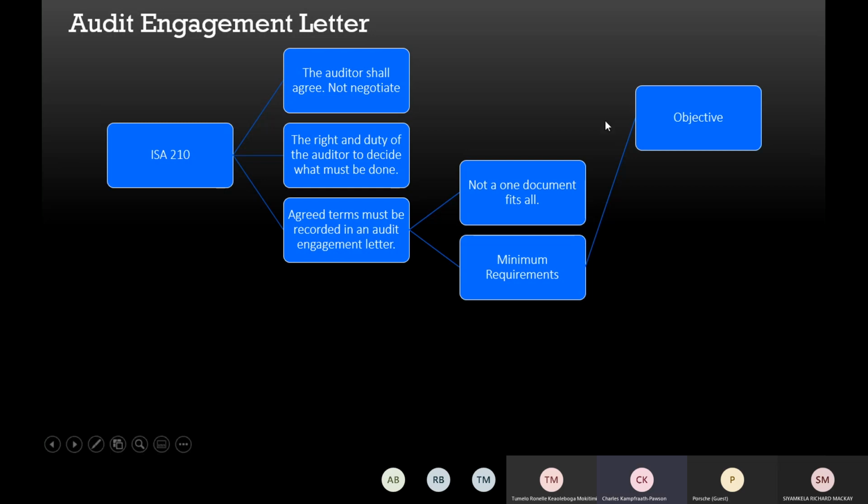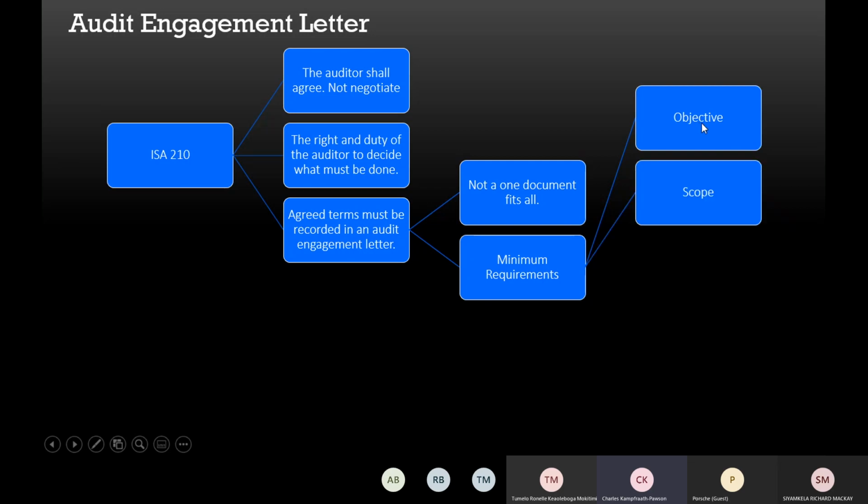That's the objective. But why is it a minimum requirement if that's not what we always do? Because we are not always engaging our clients in normal audits. Sometimes there is a limited scope audit, and the reason why we have a limited scope audit is that for that small section of the business, we want to do an absolute assurance, or we want to do consultation work. So meaning the objective of the audit must still be clear. So between us and the auditee or the client, there should be no confusion as to why we are doing the audit.